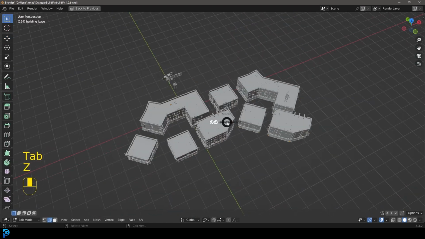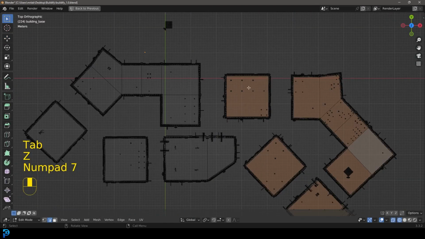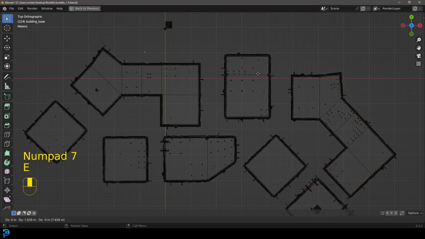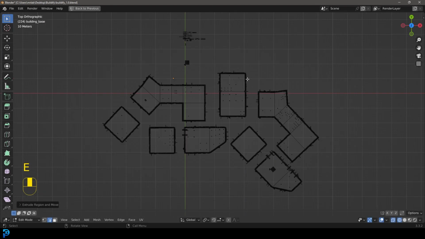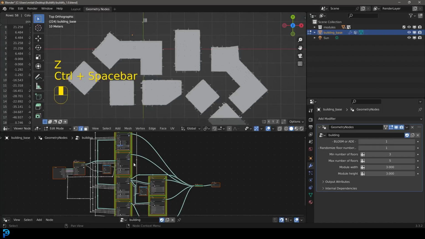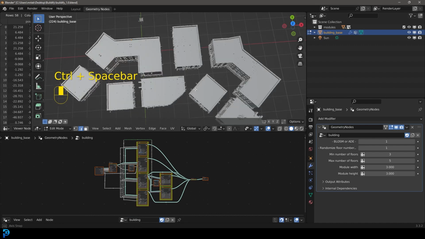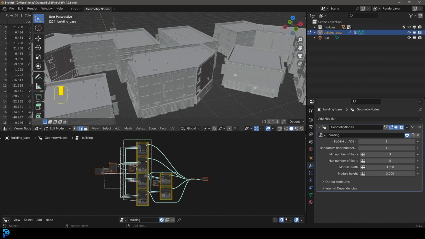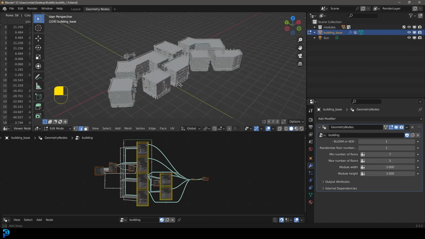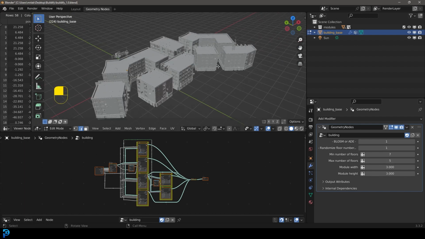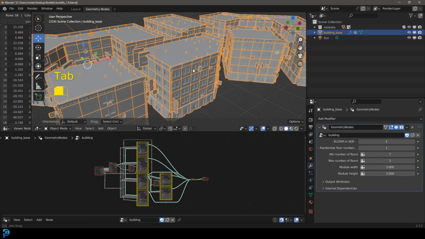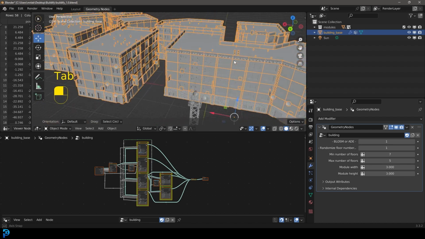Just so you can see, essentially, it allows you to manipulate and do whatever you want to this base geometry. And then this node network here, which is already set up for you, is going to fill in the rest. And it has a very simple interface here with the geometry nodes modifier. It tells you what everything is. It's all set up for you. It's got this little modular thing going on. It's just so powerful. So if you want to learn how to do this and see what it's all about,